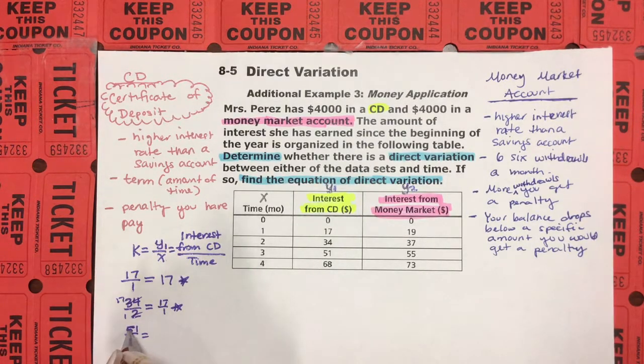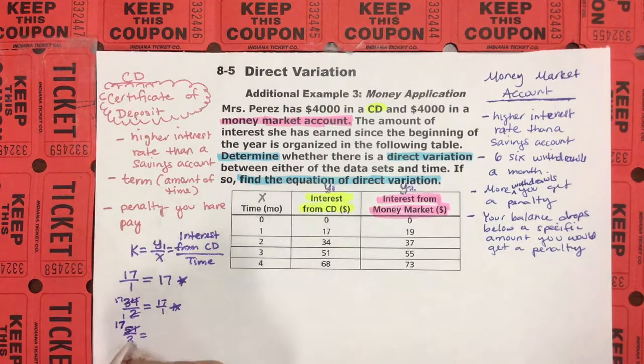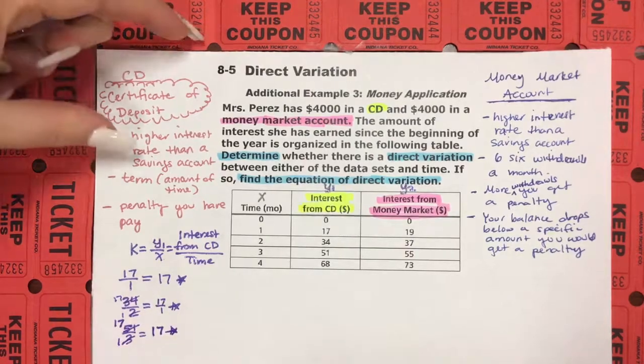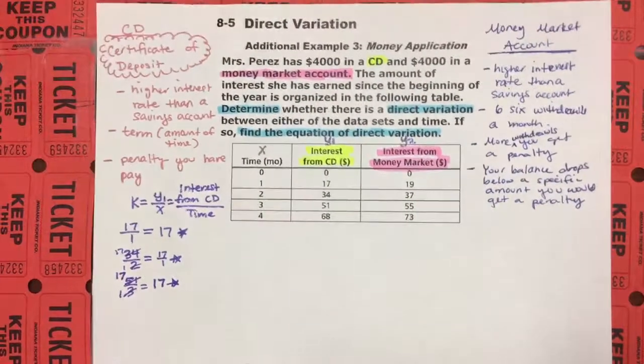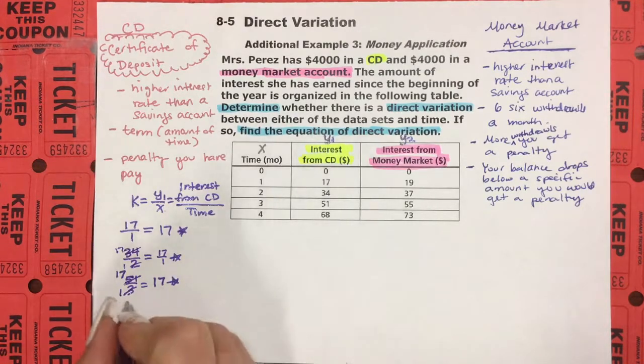Let's see. 3 goes into 5 one time. How many are left over? 2, and then drop the 1 to be 21. 3 goes into 21 7 times, so the answer is 17 over 1, or just 17. Okay, perfect. We just need this last one to be the same. So far, this is definitely looking like a direct variation. Let's do this last one,